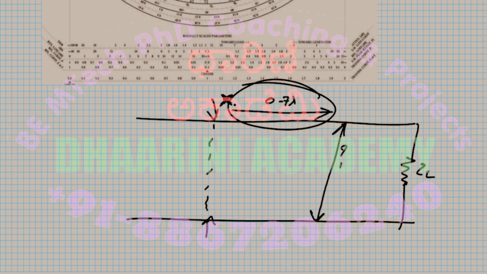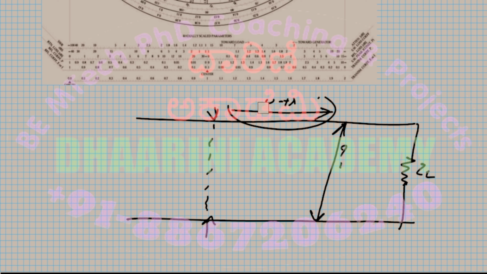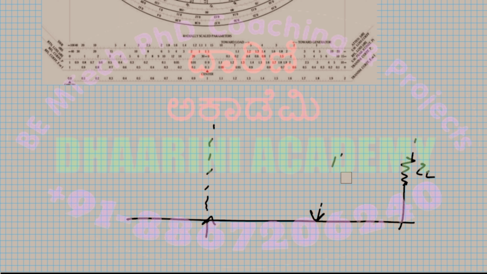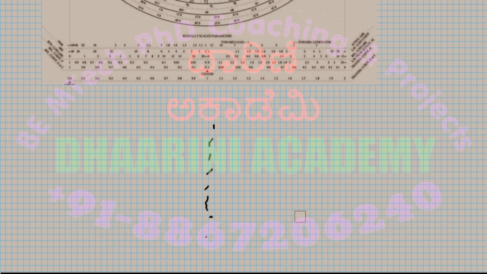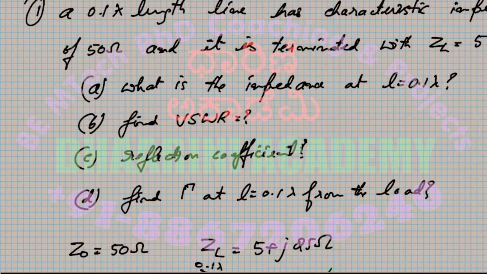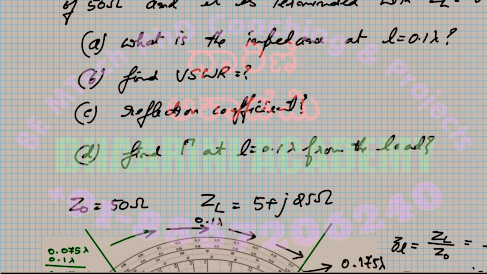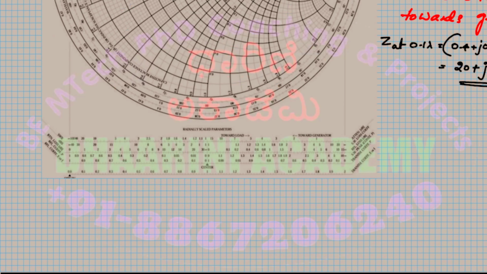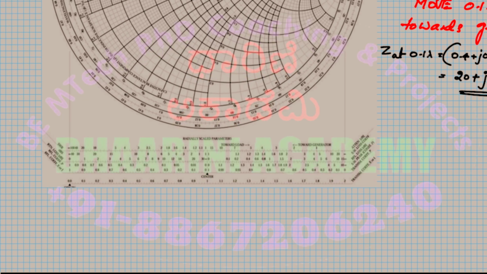Is it okay? So the first part we tried to answer. Now let's move on to the second part of the question. Let's check what they are asking. In the second part, the question is to find the voltage standing wave ratio, VSWR. So to find the VSWR,